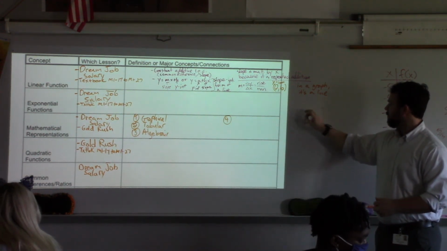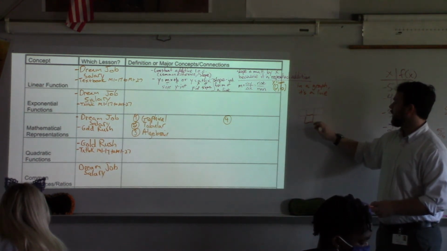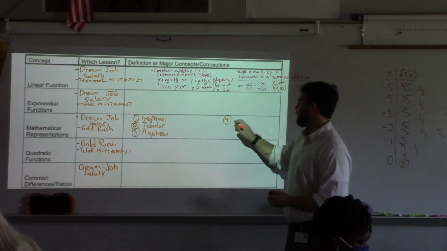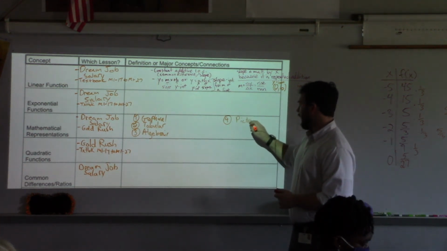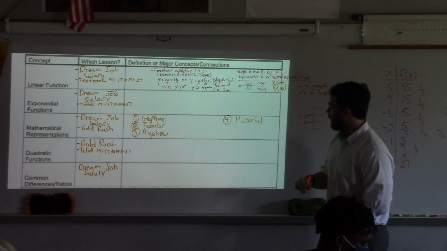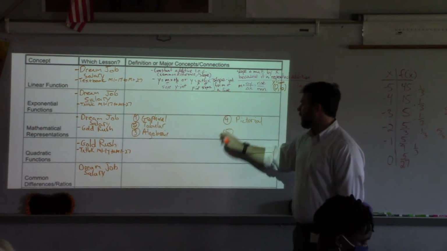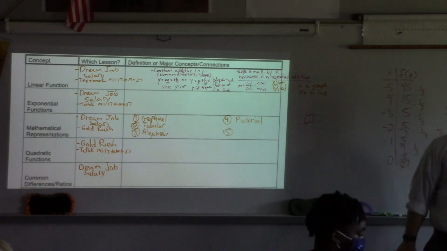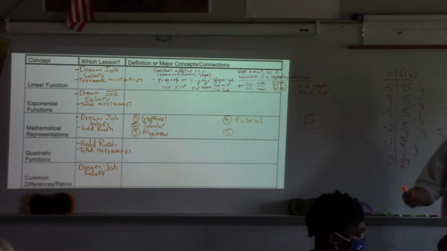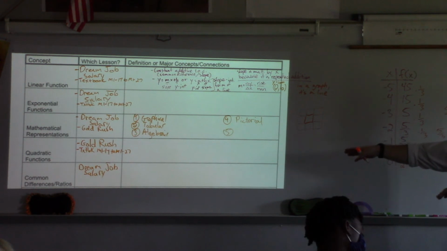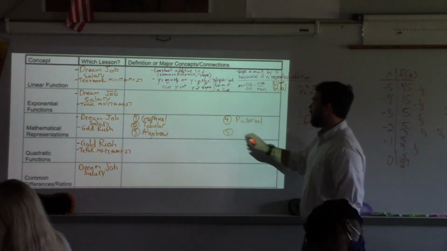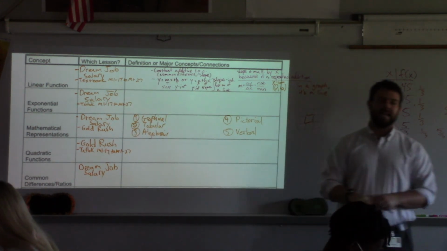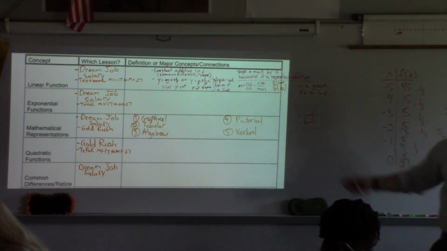The square thing? So these would be pictures. So we have pictorial representations, pictures, just drawing it out, okay? And then the fifth one, a lot of people forget because you'll almost never translate a function into a verbal representation. You almost always take a verbal and put it into one of the others. But math itself is discovered in the real world. A lot of times it's in verbal representations naturally, and you need to convert it to one of those other